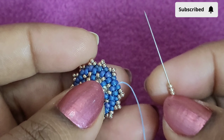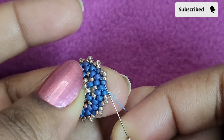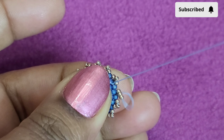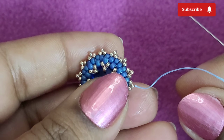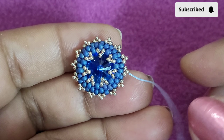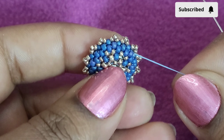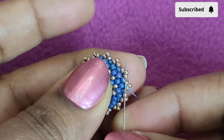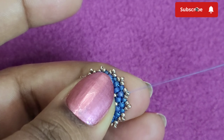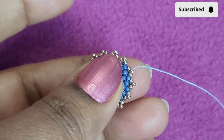This is the last set of 15 champagne that I'm adding in this round, and you can see the look from the back, from the front after completing this round. And here I'm stepping up into the first 2 15 champagne, and now